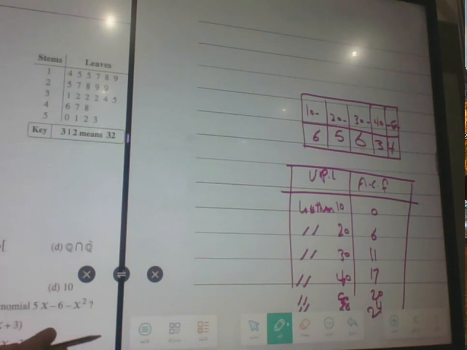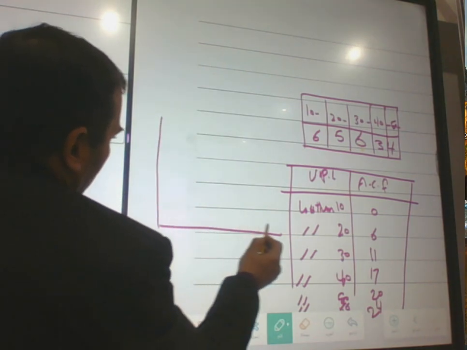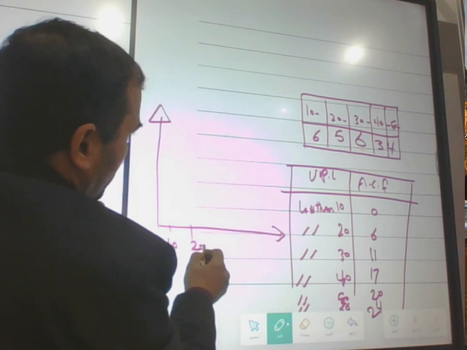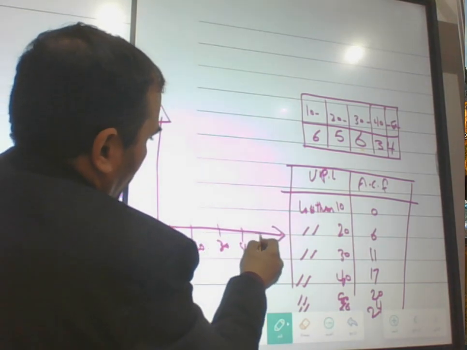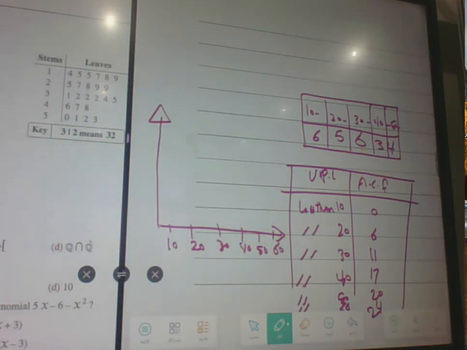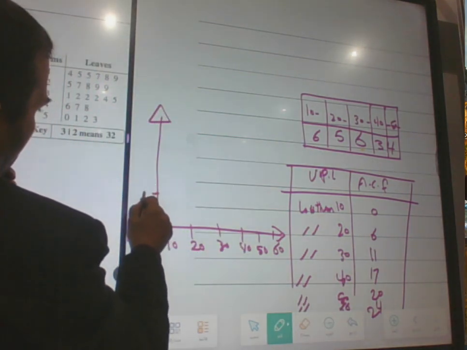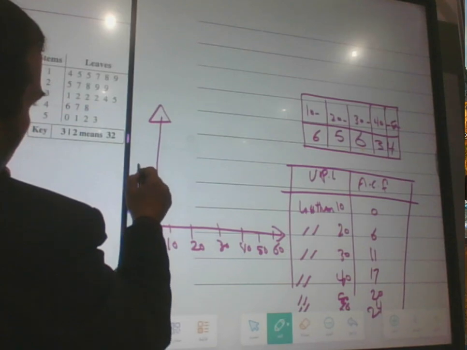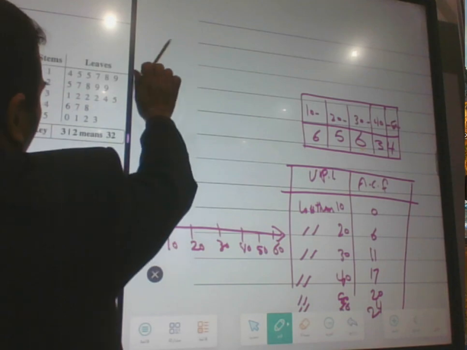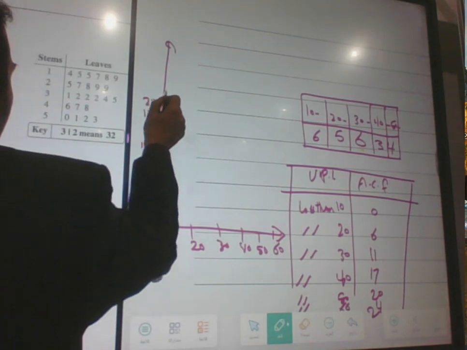the ascending cumulative frequency, the interval. Draw the interval here. Draw the x-axis and y-axis like this. Start with the classes here: 10, 20, 30, 40, 50, and 60. First, for the numbers here, the greatest was 24: 0, 2, 4, 6, 8, 10, 12, 14, 16, 18, 20, 22,